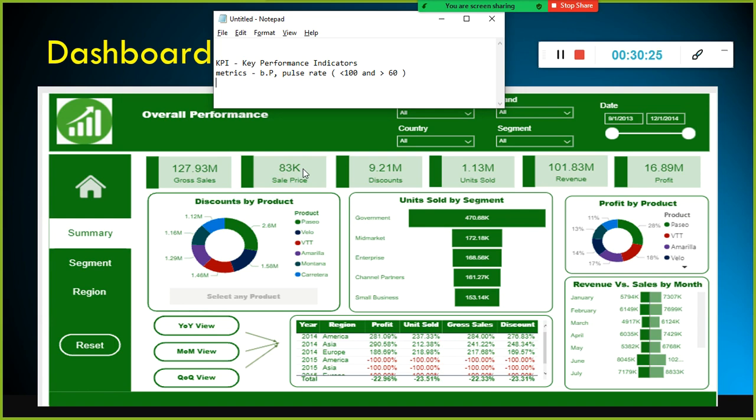Probably instead of sale price, they want to see how much cash we have in hand, and what the expense is, how much we expended. And again, they want to compare this quarter's expense with the last quarter's, or this month's expense with last month's expense. If the expense is very high compared to last month, why did we spend more? So again, they will drill down further to understand why.